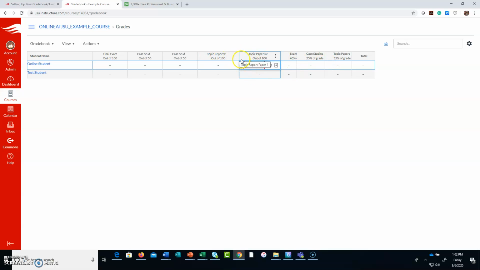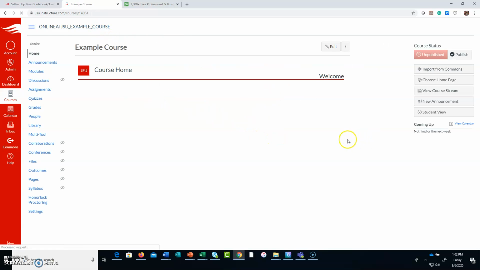But here are the assignment columns. So all you have to do to enter a grade is click here and then enter the grade and click out. Now if you have a student who submits an assignment